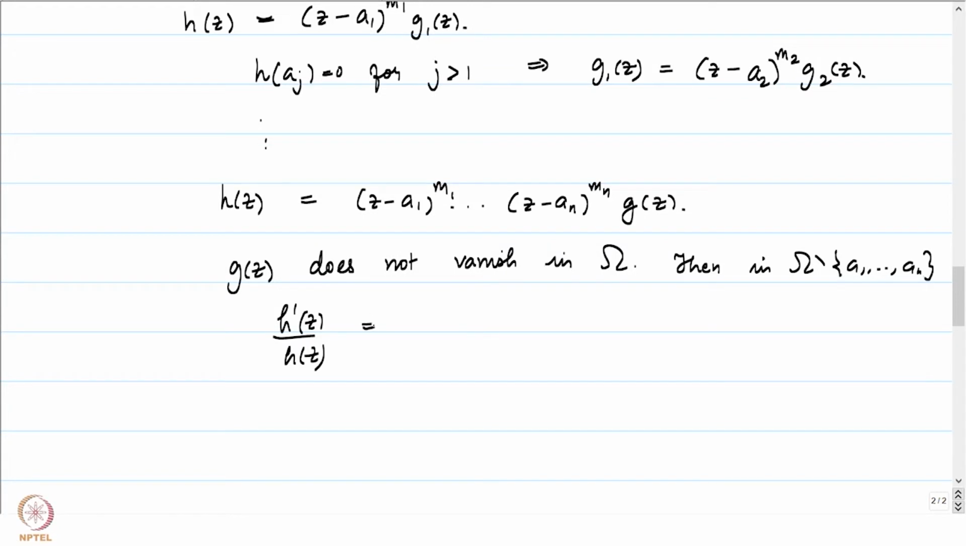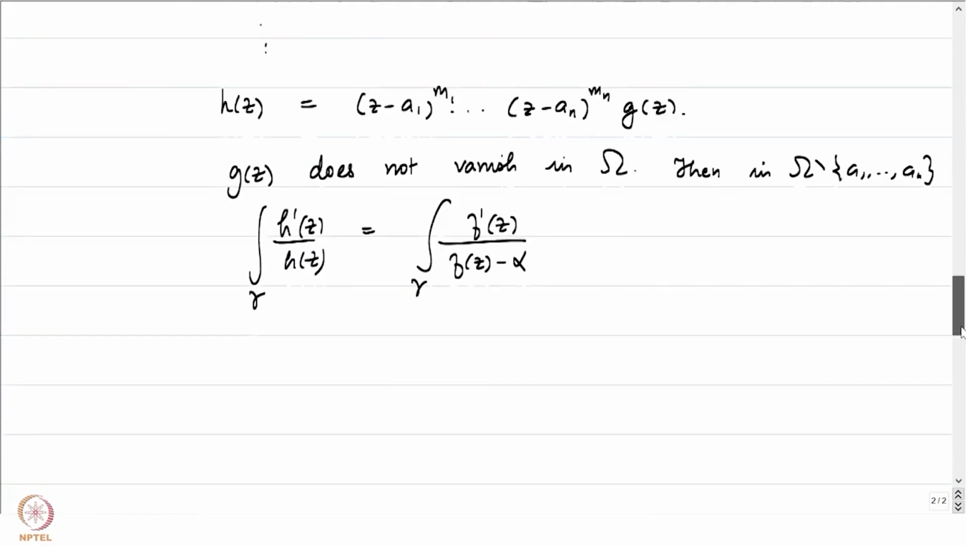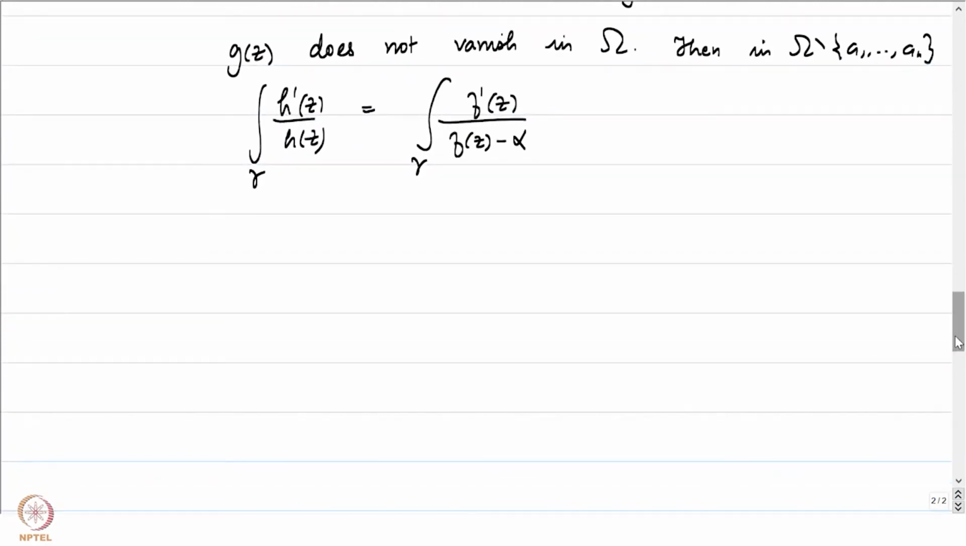This function is going to be h of z equals f prime of z in the numerator, and below it's going to be f of z minus alpha. So in particular, the integral of this over gamma will be the integral of f prime of z by f of z minus alpha, and that's precisely what we want to calculate. But we know what h is, and I will just leave it as an exercise for you to check that